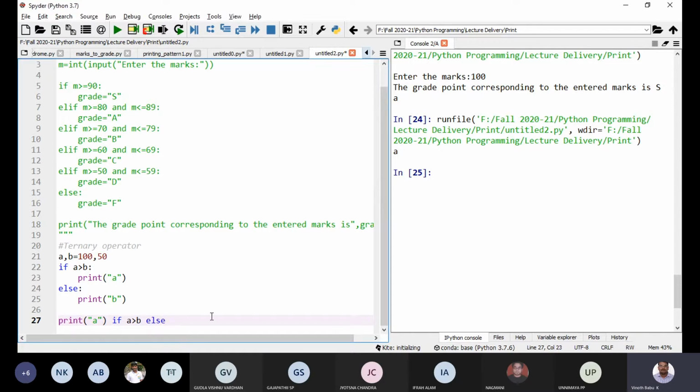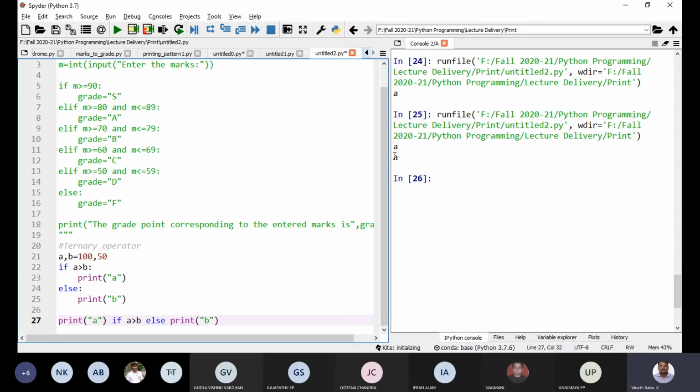If the condition is false, you put it on the right hand side of this else. Just 1 line. You execute this, you can notice you are getting the same output. This is actually the ternary operator.